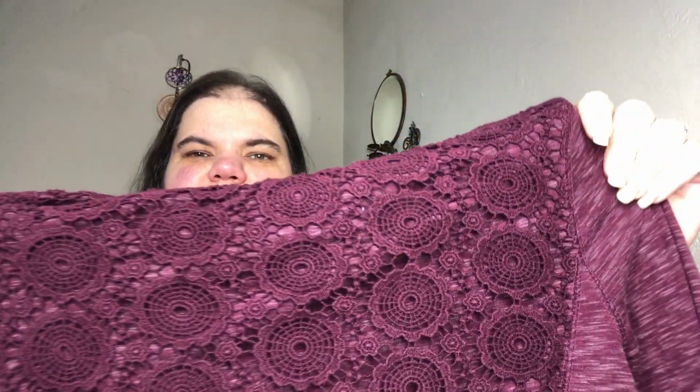This is a size medium Anthropologie Saturday, Sunday. This is what the tag looks like. Tunic or mini dress. I think when I looked it up, it was a mini dress. I think they charged me for a dress, so it was $3.50, but I loved this back detail with the lace